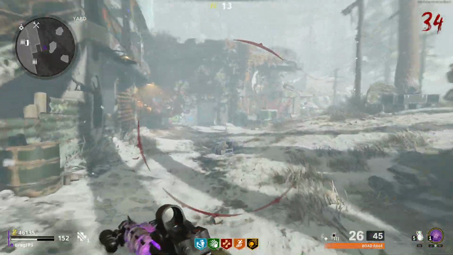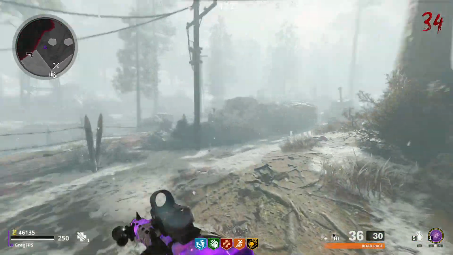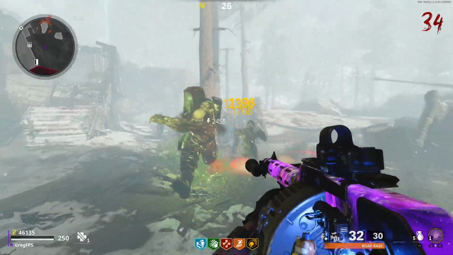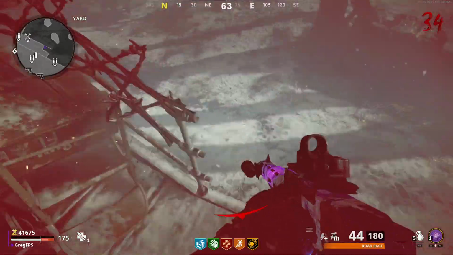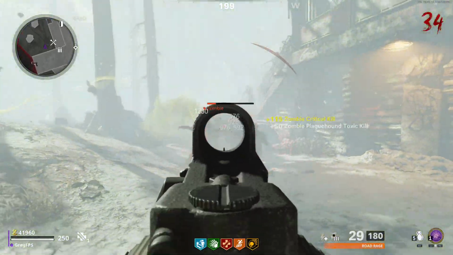So for an 18 round clip, which is the max extended mags that you can have, it's going to take anywhere from like 18 to 20 seconds, give or take a few decimal points and all that sort of thing. So it literally takes forever, which is a huge drawback. And when you think about it, 18 seconds is much longer than any other weapon that we've ever seen in